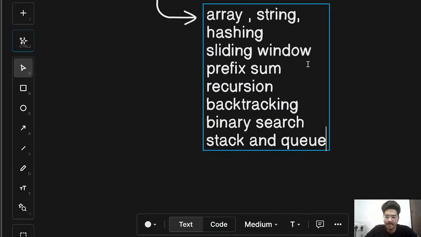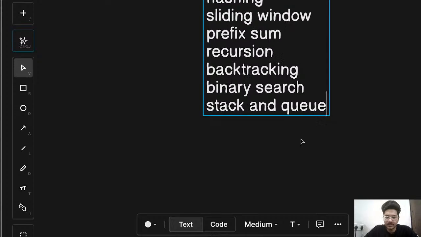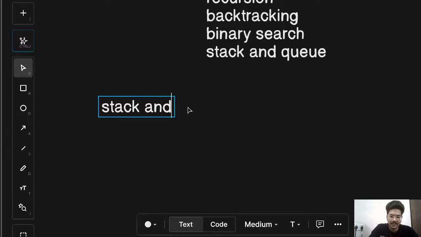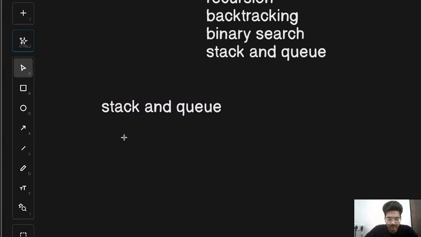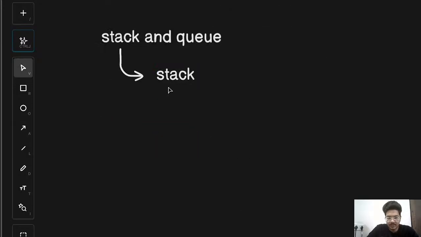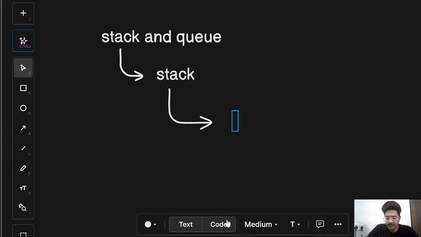So let's see from the bottom one. Stack and queue. Okay. So stack. Let's see stack. Let's take a stack, and the stack consists of